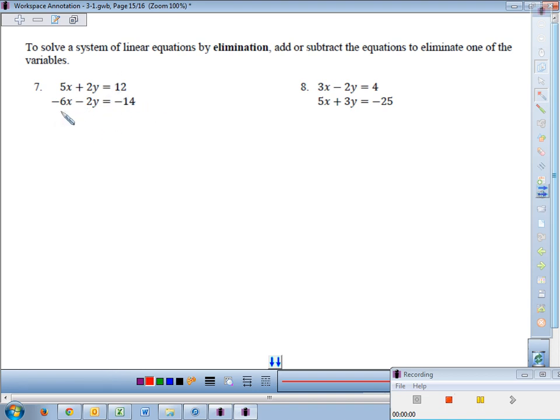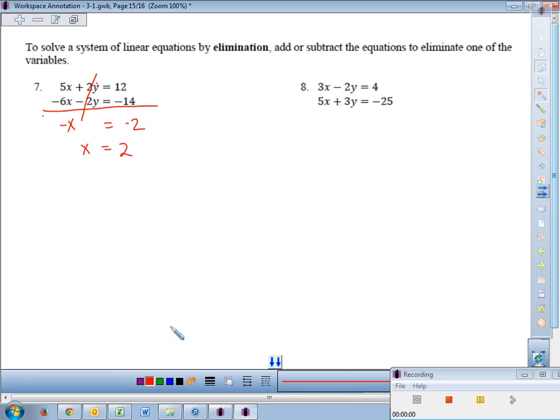So I'm looking for adding these together and seeing if I can get some variables to cancel out. So I got a 2y right here and a negative 2y. Since those have opposite coefficients, you can add them together and you will get 0 y's. You will be left with a negative x right here, and negative 2 comes down. If negative x equals negative 2, that means a positive x equals positive 2 by dividing both sides by